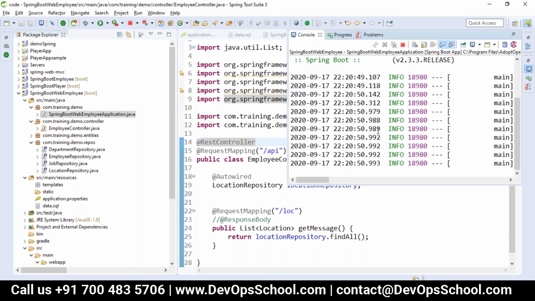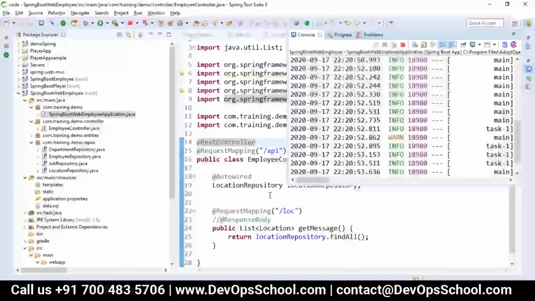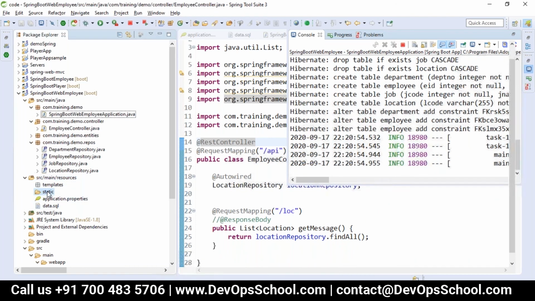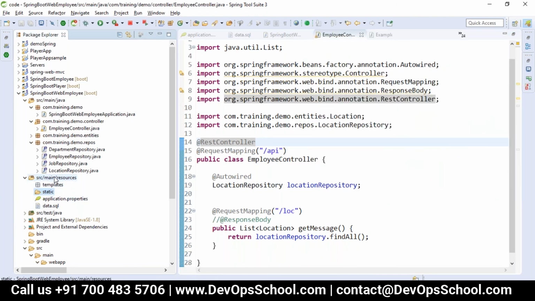If you're mentioning view here, in which folder do you keep it? Basically, here it will be configured for Thymeleaf, so that Thymeleaf will be present in the static folder in the src main resources. We keep all our resources here. Okay. So maybe next session we'll work on Thymeleaf as well, so that I might show here.